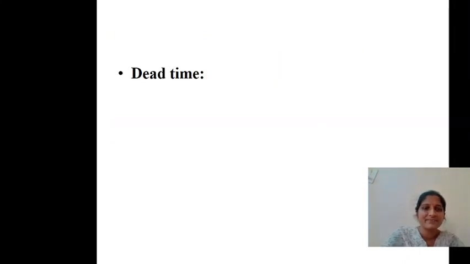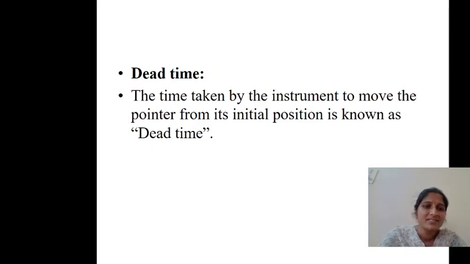Next one, dead time. Dead time is the time taken by the instrument to move the pointer from its initial position. The pointer has to move from 0 to 2 amperes, but as soon as the current is supplied to the ammeter, the pointer will not rotate fast. It takes some time, and after that the pointer starts moving.